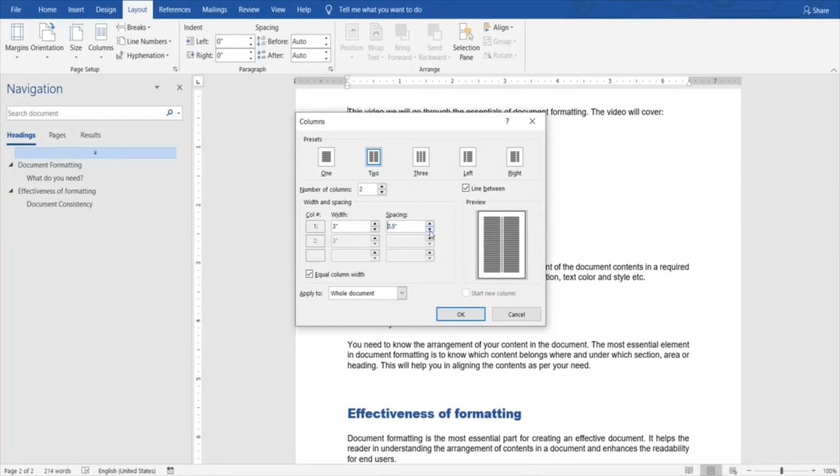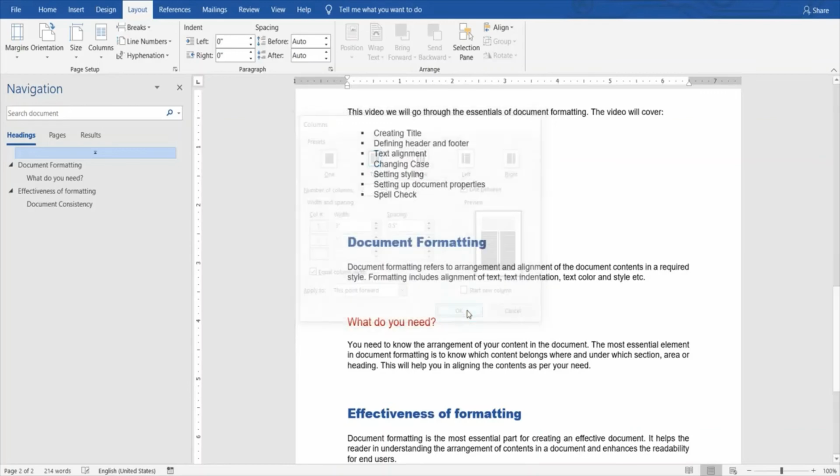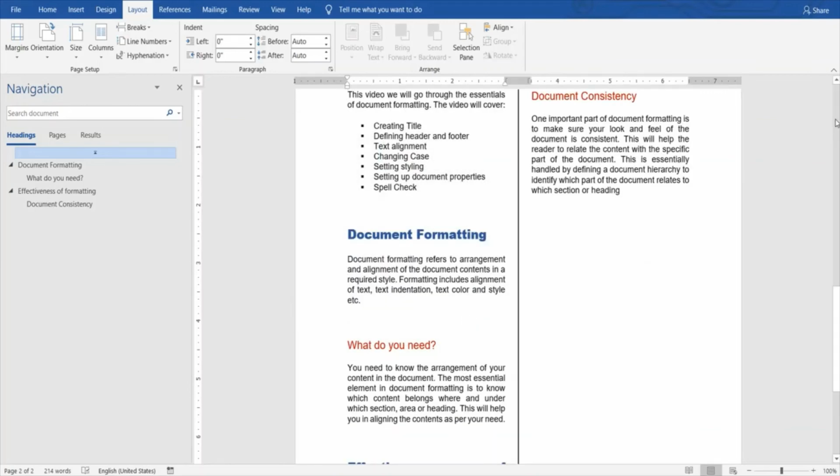We will take it back to 0.5, and there's an option over here that tells us if this change will be applicable to the whole document or should it be applied only from this point forward. So let us select this one. This means that my title page will remain unaffected. If I don't select this, my title page will also be split into 2 columns. I say OK, and here we are.